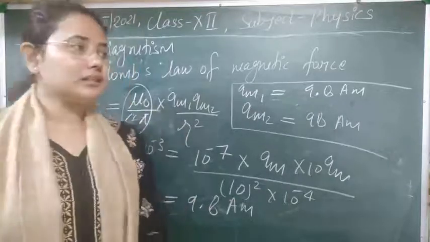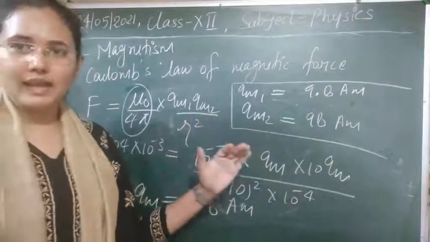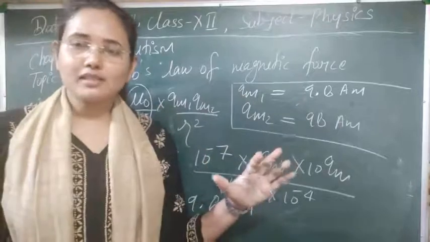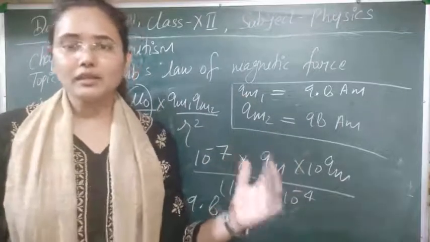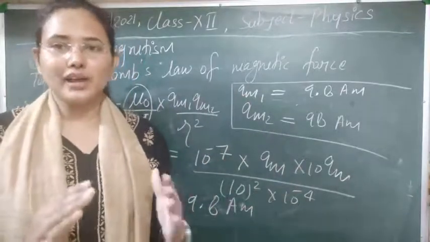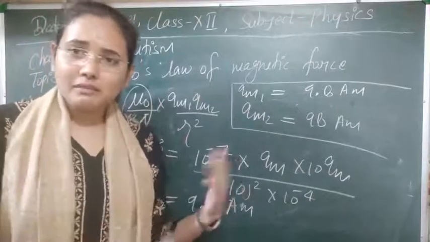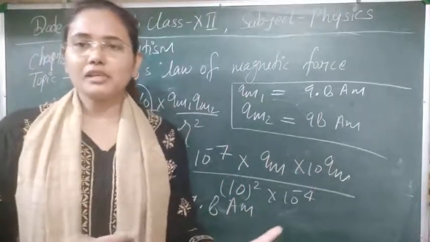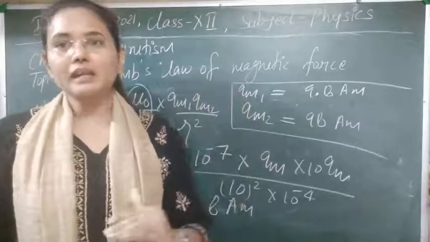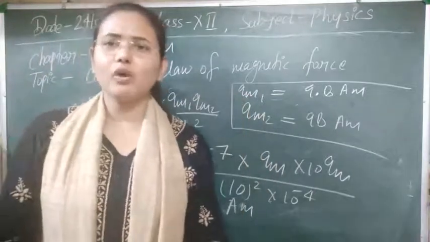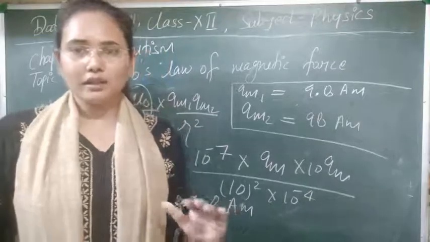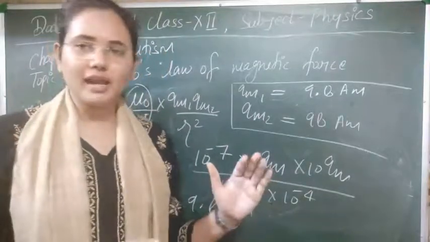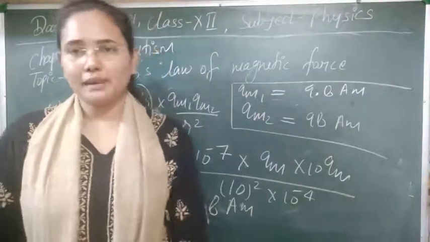This is analogous to that: there we have two charges attracting or repelling each other; here we have two poles attracting or repelling each other, and we have an analogous formula. So the behavior is just the same. The way you solve the numericals will also be the same. So just solve a number of numericals here also, like we have discussed already in that chapter.